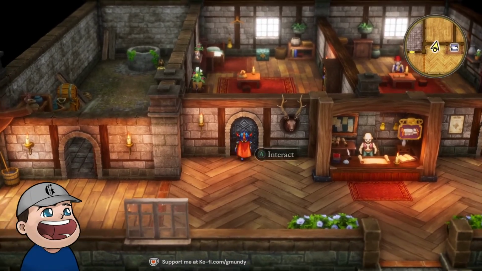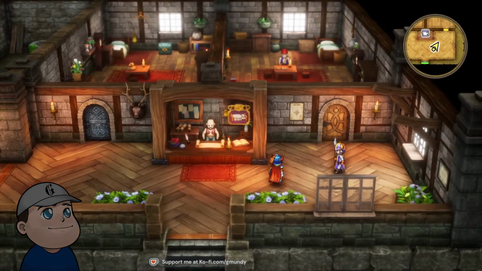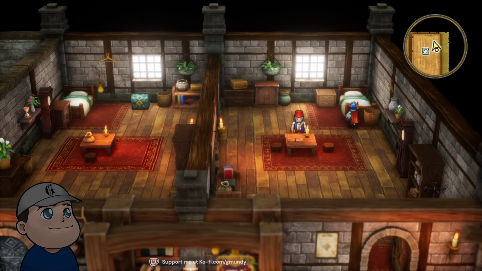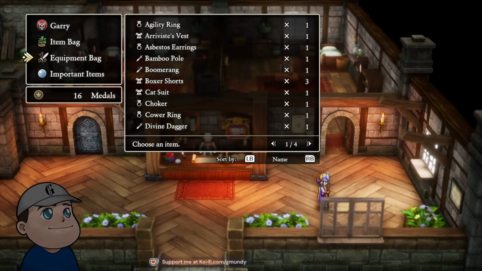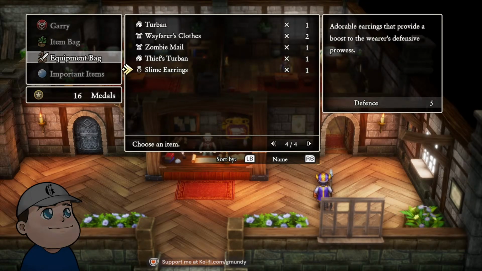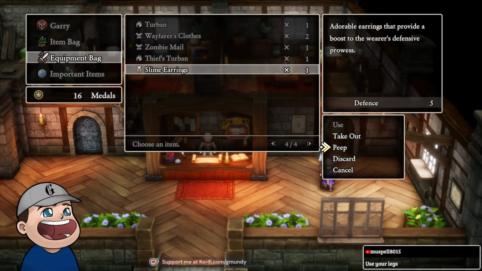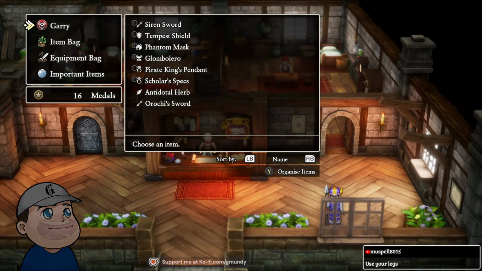Only the right key will open it. Well, kick it open, sir. You rolled the 1 on your strength check. You broke your foot. Shit. Slime earrings, cute. Adorable earrings that provide a boost to the wearer's defensive prowess. I'm gonna peep them. No special effects. Not cursed.